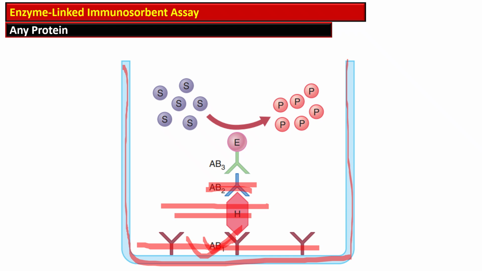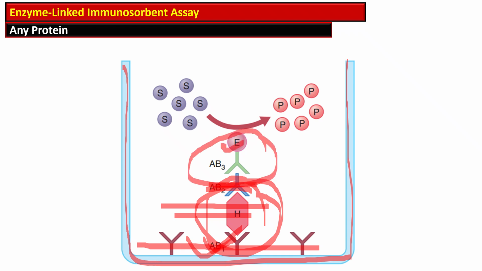This creates a sandwich complex of AB1, AB2 and the hormone. This sandwich complex is then exposed to the AB3 that is linked with the enzyme. There is an enzyme, and this antibody 3 is specific for antibody 2, and this antibody 3 binds with the antibody 2, and it has an enzyme, and when a substrate is added,